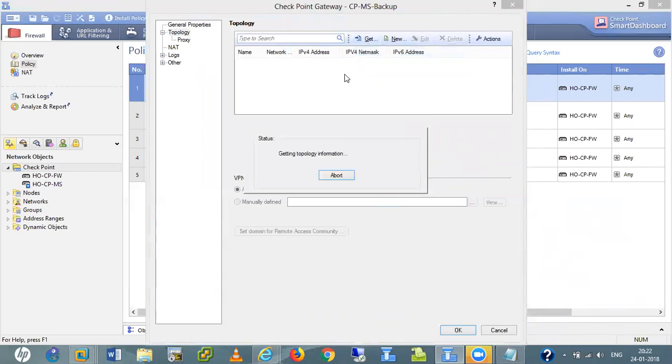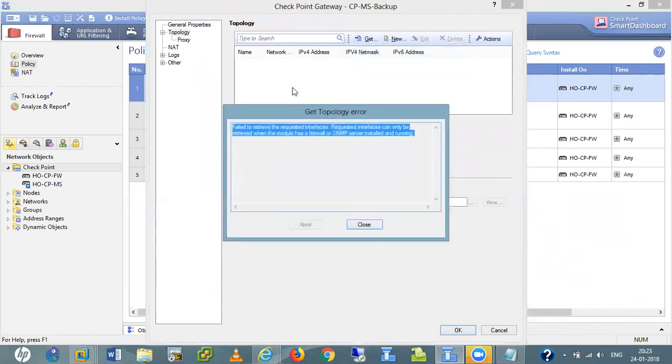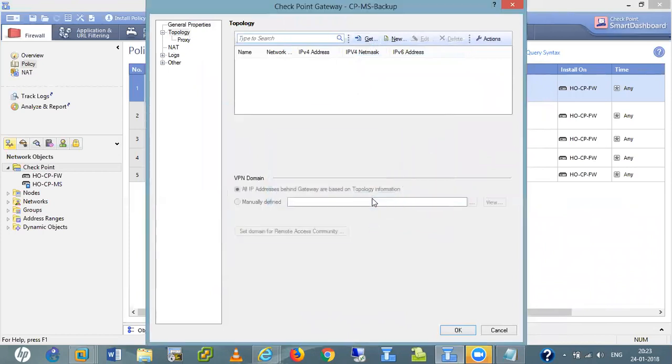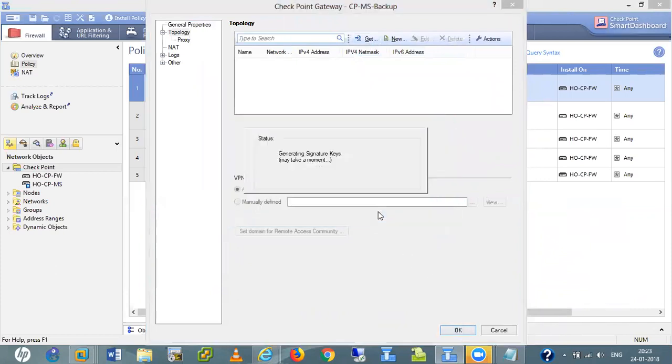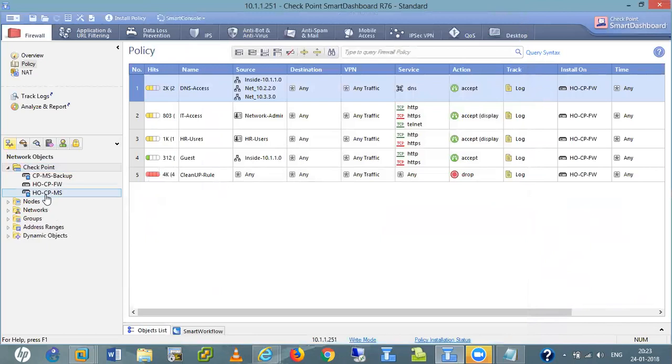If we make any mistake or leave something out, it gives errors like this. Fail to retrieve the registration request. So we added it.